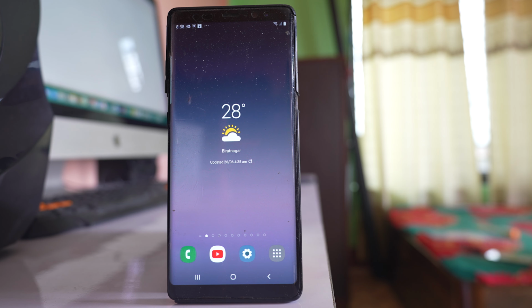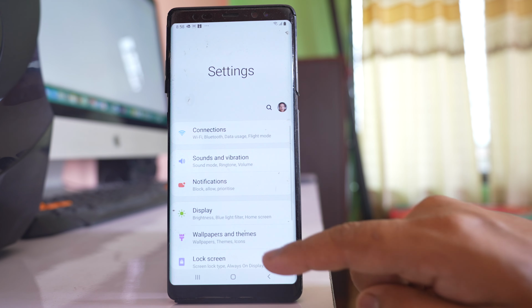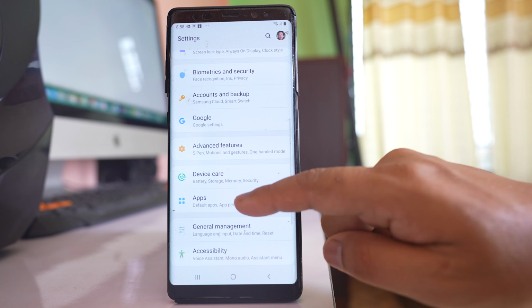In this video today, we will see how to change the notification sound for incoming messages, either for all the contacts or for a specific contact only. Now suppose I want to change the message notification sound for everyone, then what I will do is go to settings, then I will go to this Apps option.